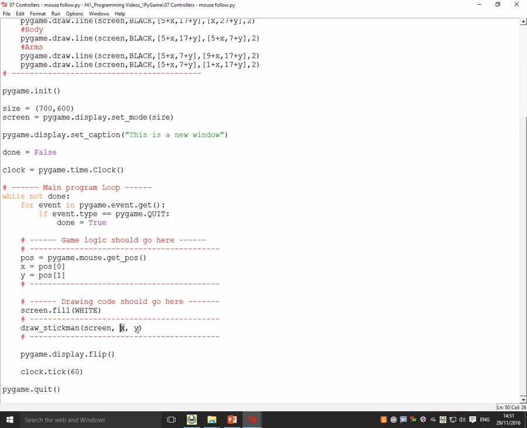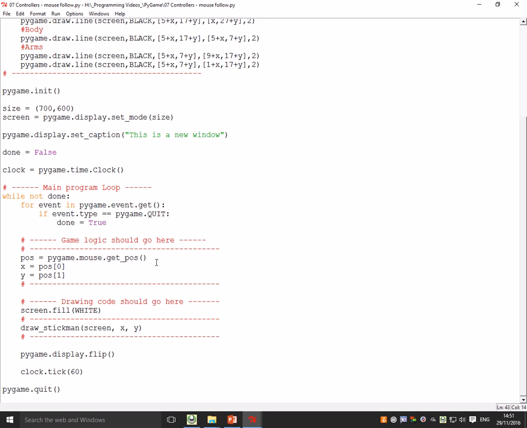So all this video is really showing is how to use the mouse to get those X and Y coordinates instead of using, say, the keyboard as a controller like I showed you in the last video. And it's just these three really easy bits of code here, 3 lines of code. So you have a variable which is going to equal